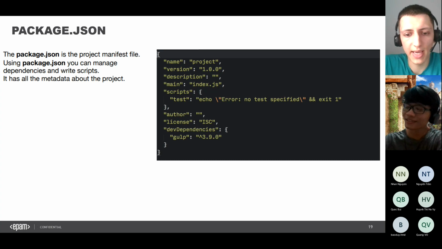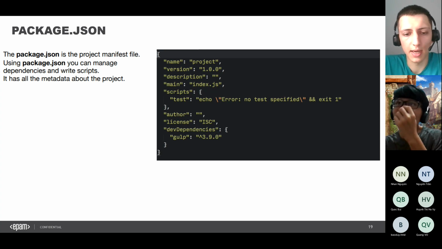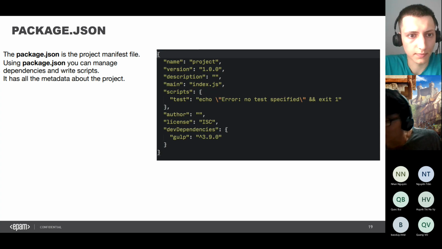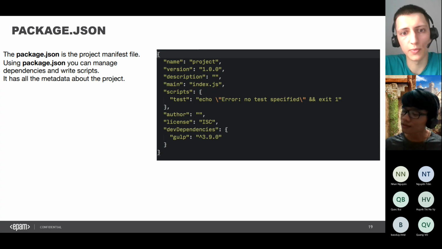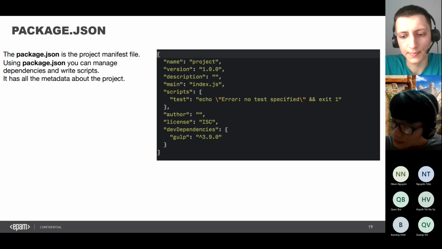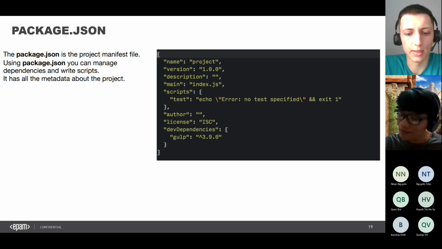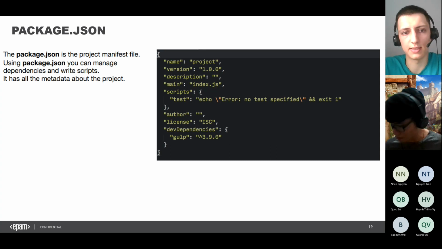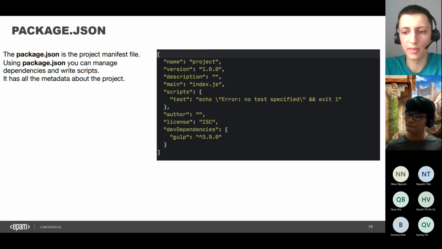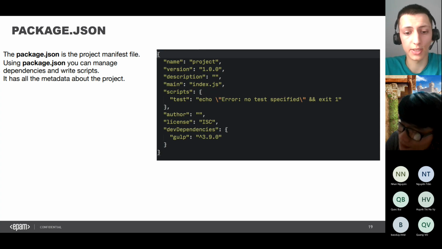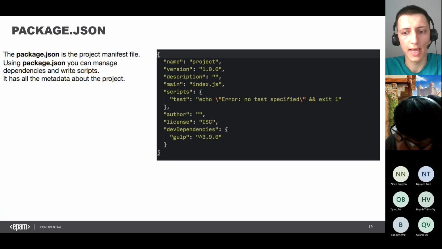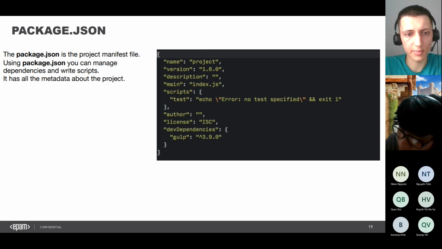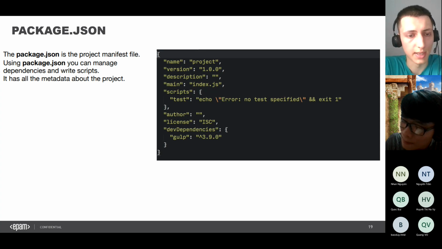And when you run npm run and then the script name, the command from the value of this script will be executed. For example, you can add some script to start your application, and you can create a start script, and in the value of this script you can add some stuff like node index.ts, for example. Yeah, and when a new developer comes to the project, he will see that to start the application he needs just to run npm run start, and yeah, the application will be started. So scripts are very useful, and yeah, most projects use them.